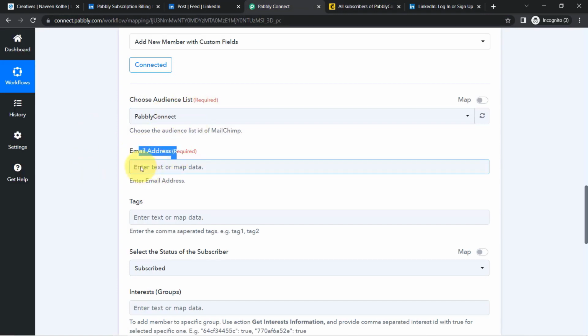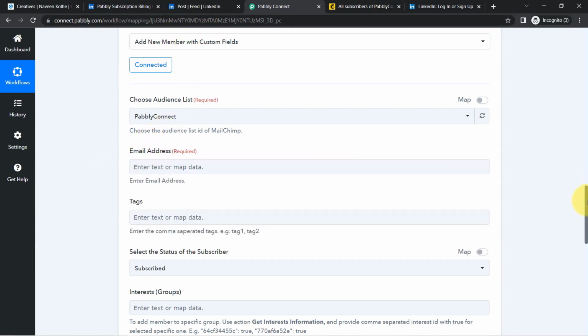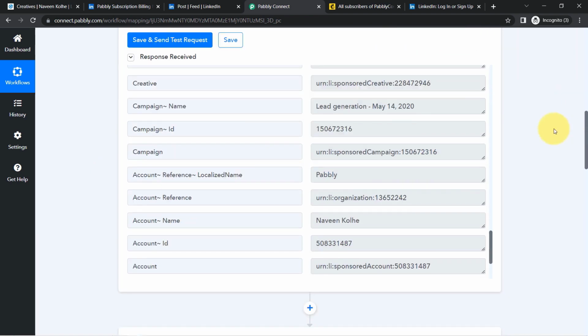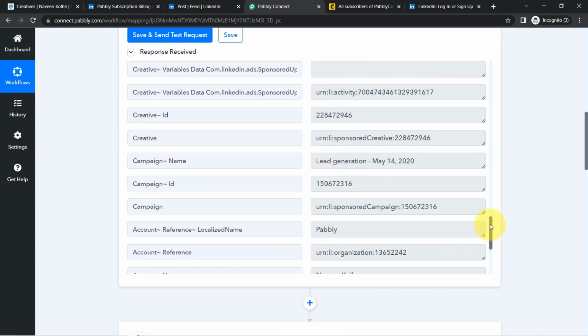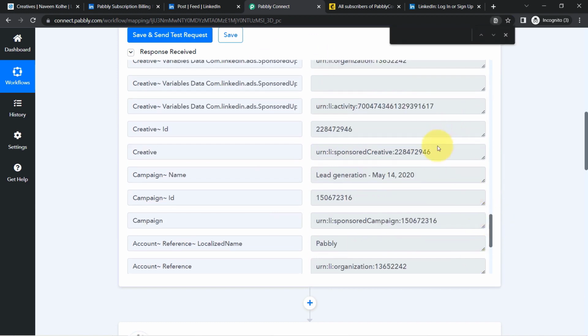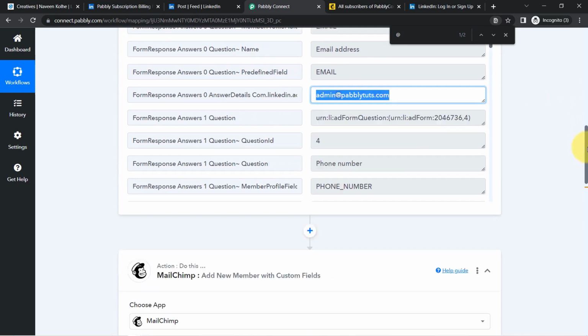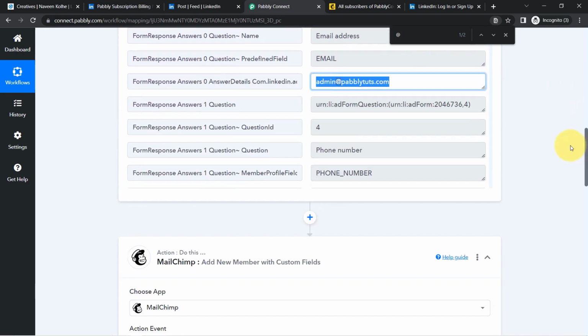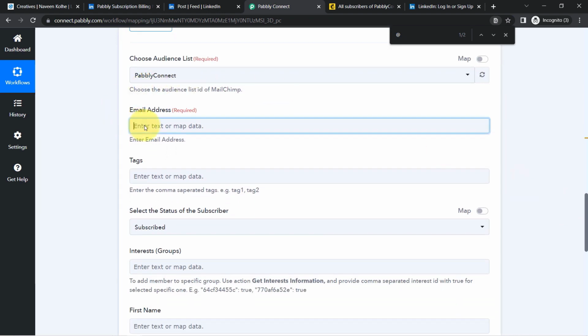What should be the email address of the subscriber, of the member which you would like to create in Mailchimp? I'm going to map this particular data which we have captured from our LinkedIn lead generation forms. Remember we have the email address as, let me show you. Let me search it here as the @. Okay, this is the email address, and I don't need to manually copy this email address and paste it here. I'm going to map it so that this automation will replace this email address automatically